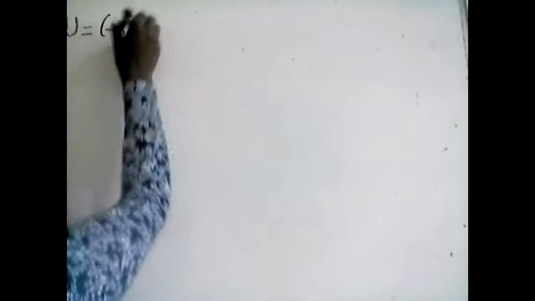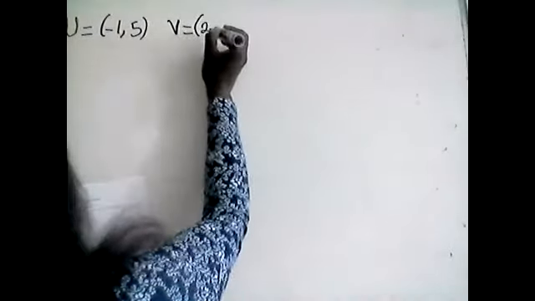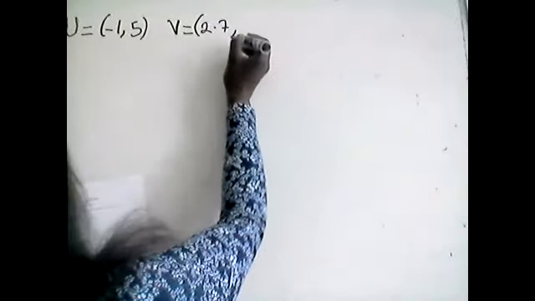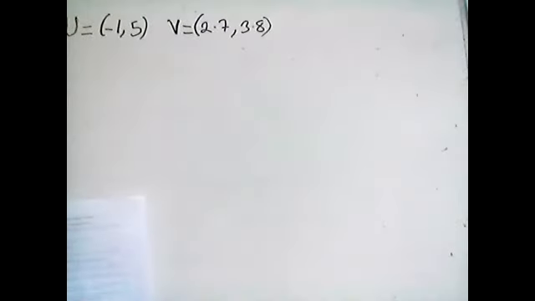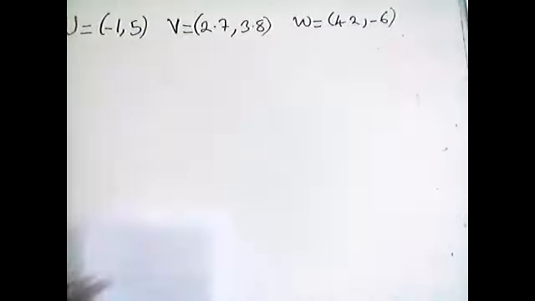Vector u is equal to -1, 5. Vector v is equal to 2.7, 3.8, and vector w is equal to 4.2, -6. So the first question,